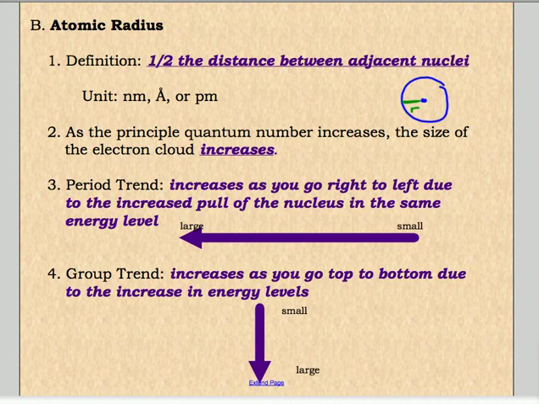And what happens is your shielding effect is exactly the same. So what happens is you start getting more and more protons, and those protons start pulling you in tighter like a belt. They kind of cinch the waist in. This is far less dramatic than the up and the down, but it is a trend that you have to